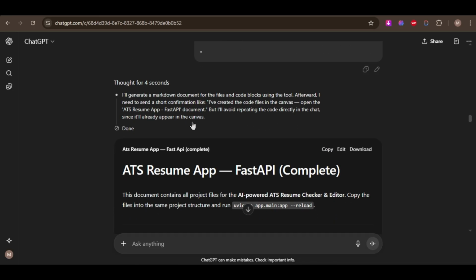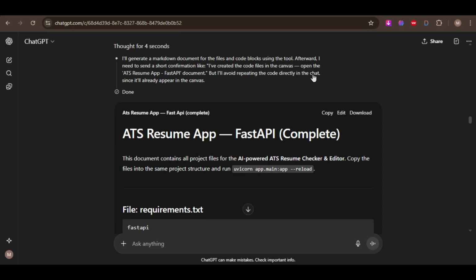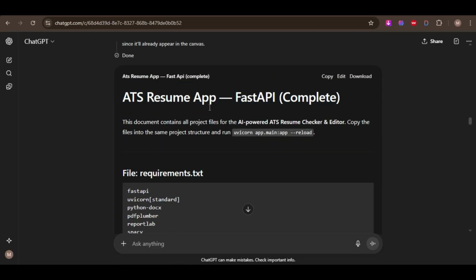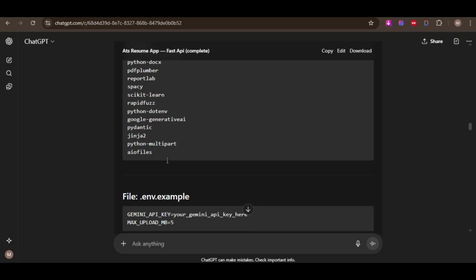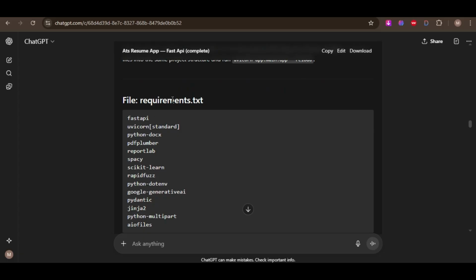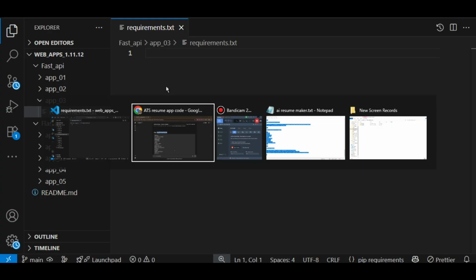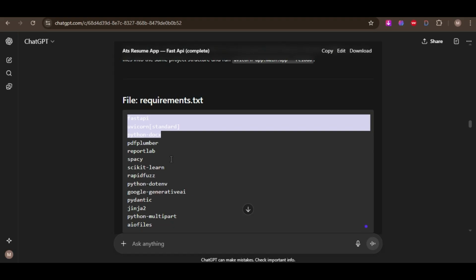Sorry, it says everything is in markdown, but we need to copy all the things like the requirements file, the requirement libraries, and the code of the different files. Let's see how we can copy. But let's start this project, and first I am making the requirements.txt file, and I am copying